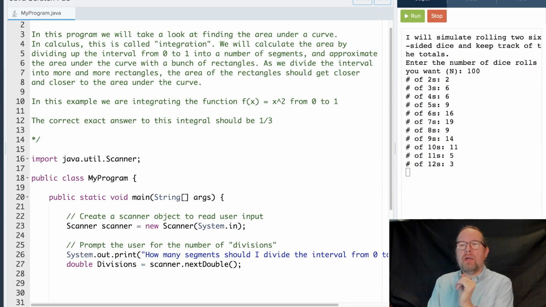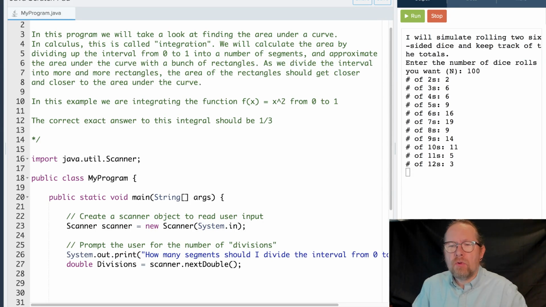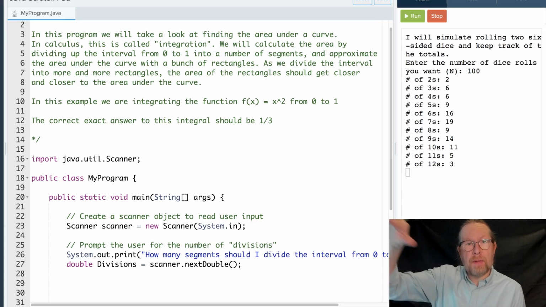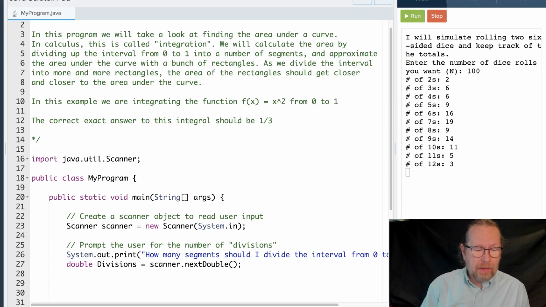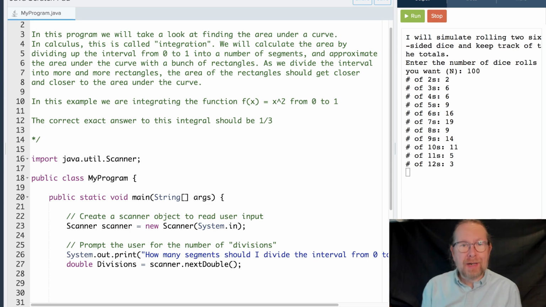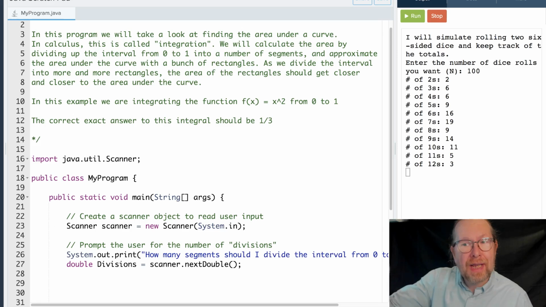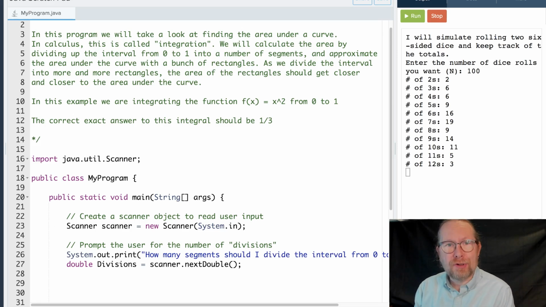Okay, so we are following up on a video that I recorded about numerical integration, basically finding the area underneath a mathematical curve. If you've taken Calc 1 and Calc 2, you know this is an important thing that we do in mathematics. If you haven't, you might not know why this is an important thing to do in mathematics, but surely you can understand the question. You've got a mathematical function and you want to know what is the area in square units of x and